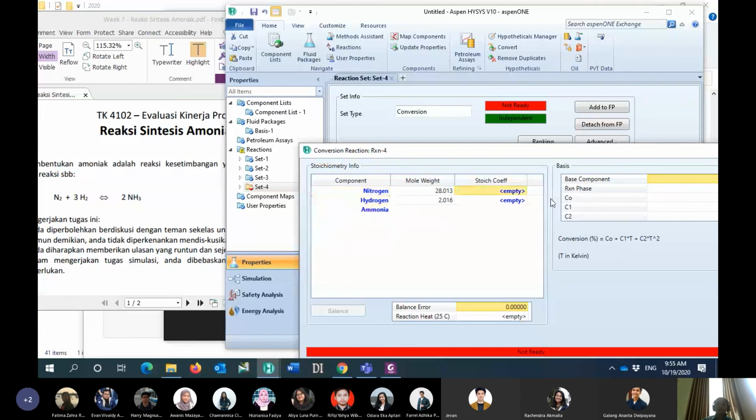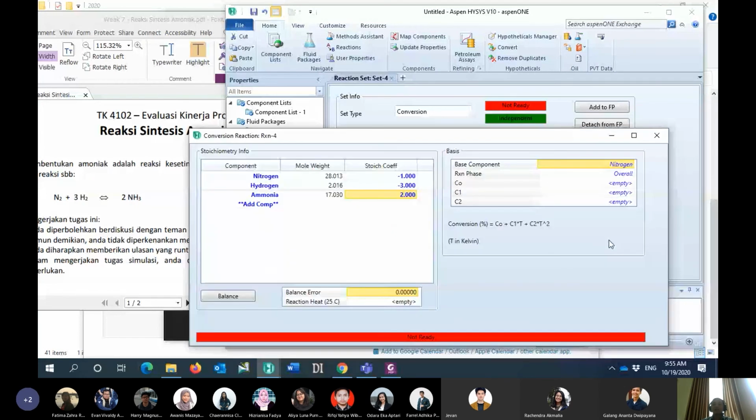This one is -1, this one is -3, and with the balance, it will show directly the number of 2 in here. This one is probably less than 7, probably 5. I don't know, 5 or 4. So it will be ready.